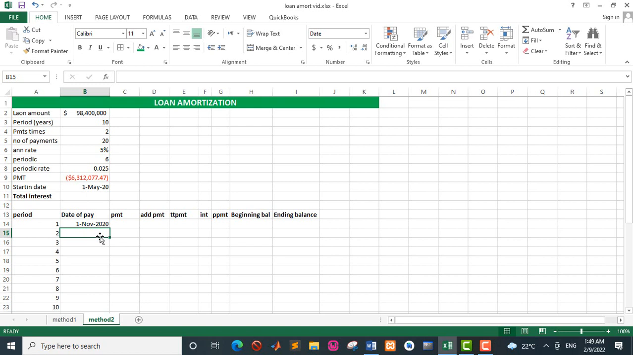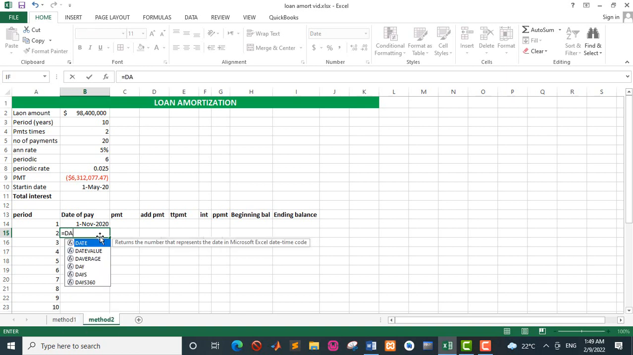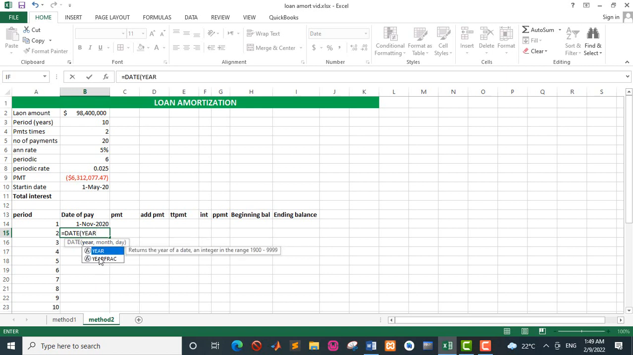So for the subsequent payments, we repeat the same syntax, the same formula, same function. So you say date, open bracket. As you can see, it is prompting for year, so you type year. This time we are referring to this particular date as our serial number. Then close bracket, then month,